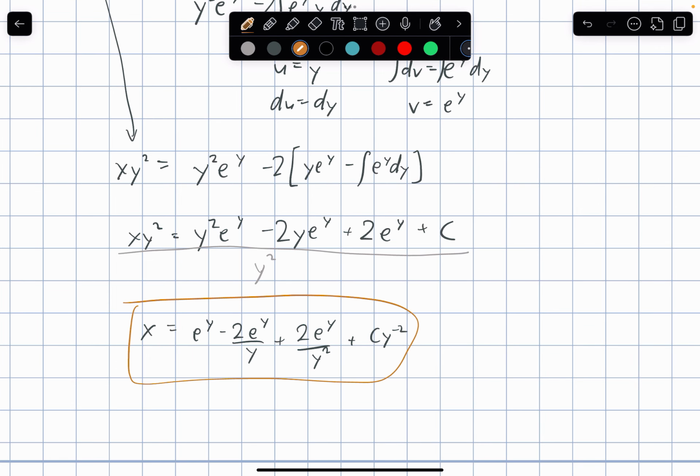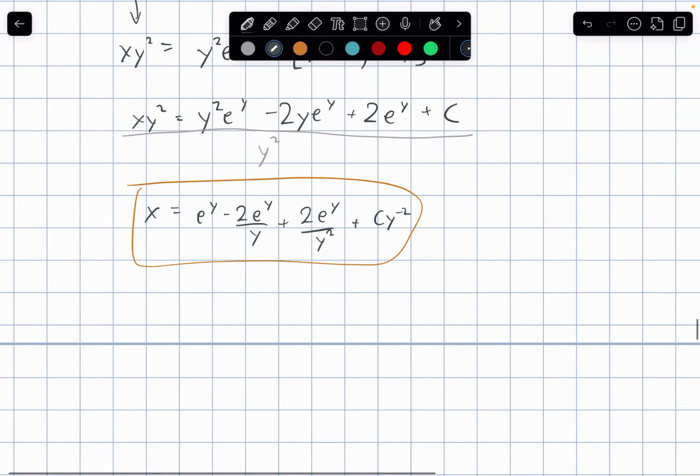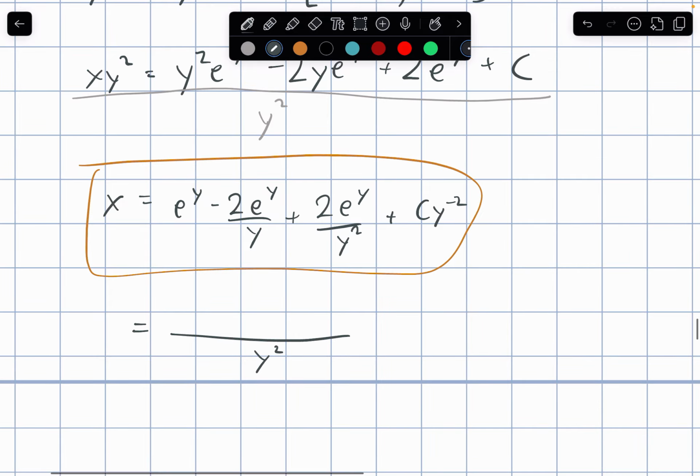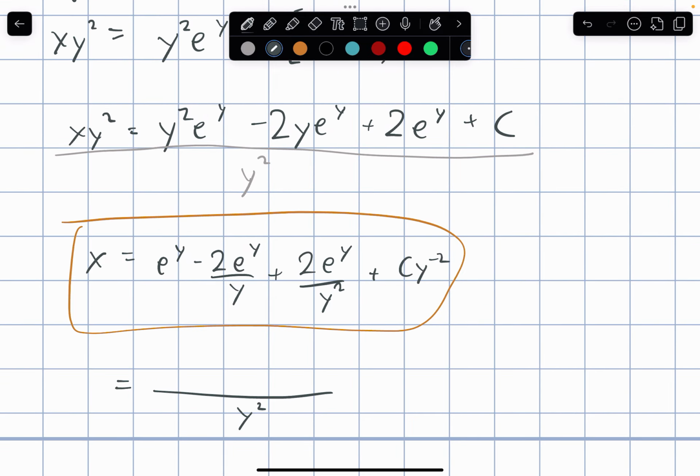Okay, this is the general solution. Another way, because the answer key is in a different form, let's just verify if it's the same. So essentially, it's y squared e raised to y minus 2y e raised to y plus 2 e raised to y